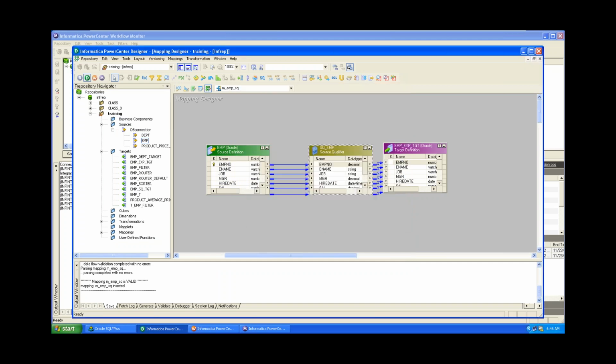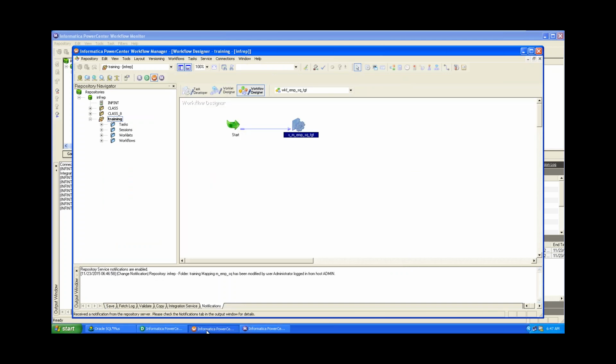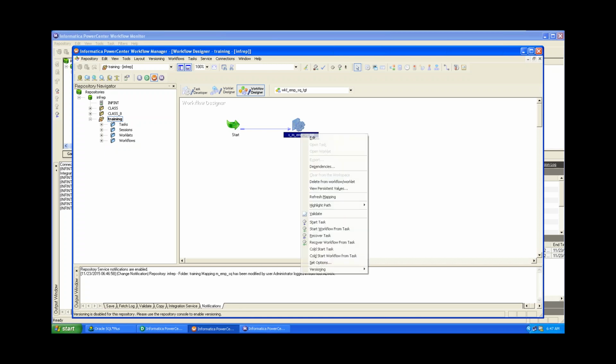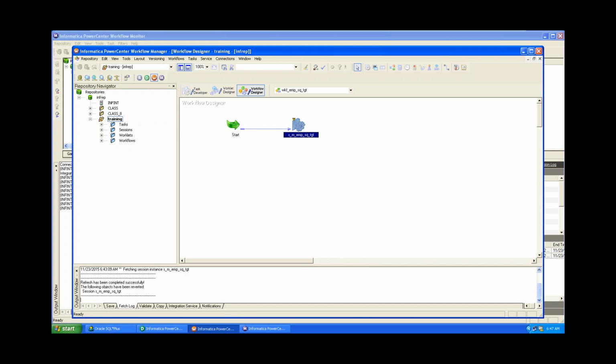Apply, okay, save the mapping, good, refresh the workflow here, refresh, yes, refresh mapping, now save it,